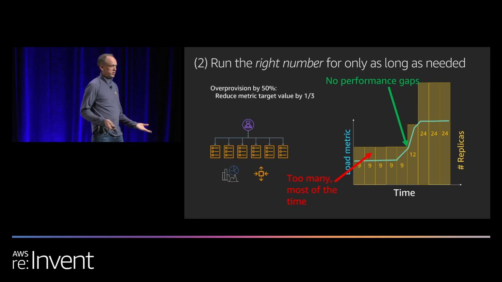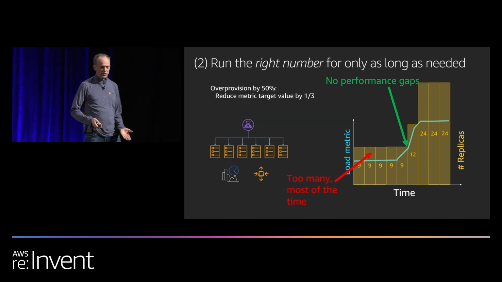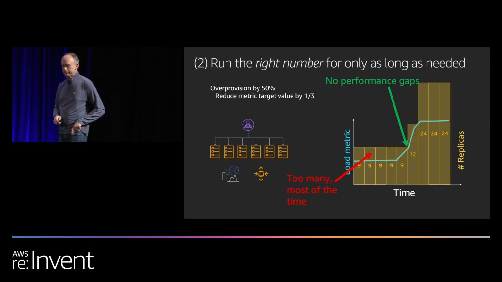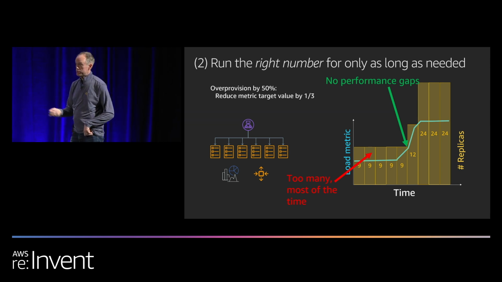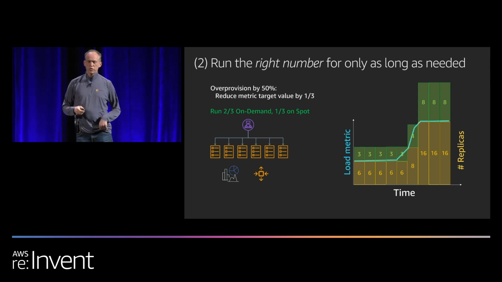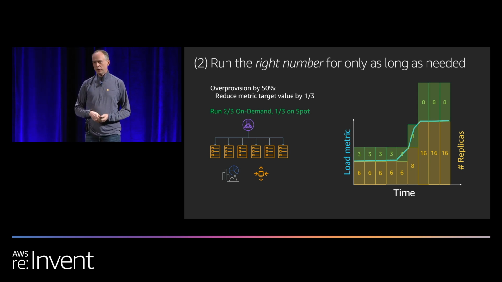Right, so you're gonna make that trade-off between cost and performance. Generally, you're gonna pick performance over cost and bite the bullet on cost. This is where Spot comes in. What you really would like to be able to do in this scenario is not have to choose between 100%